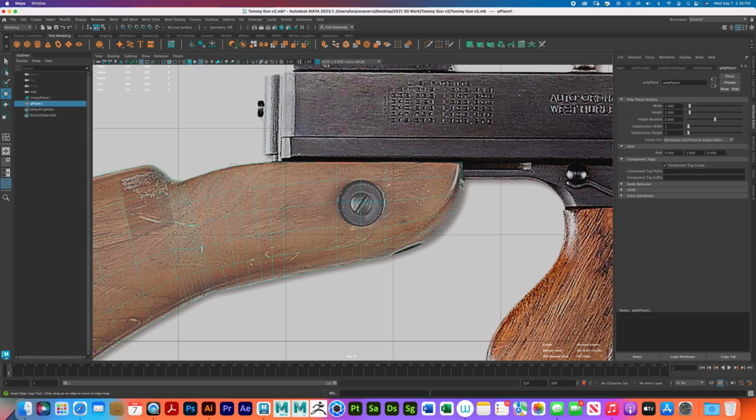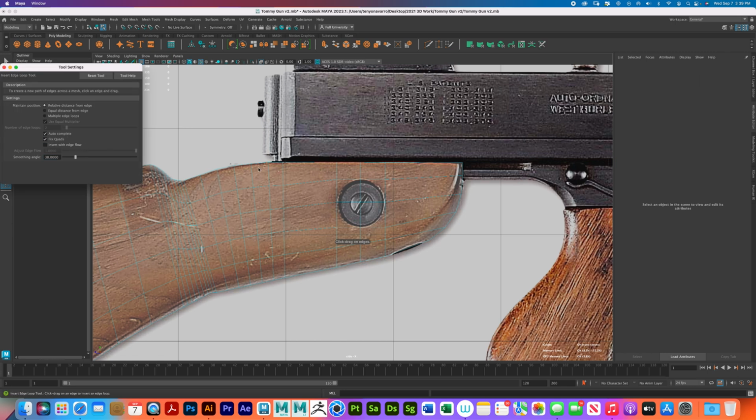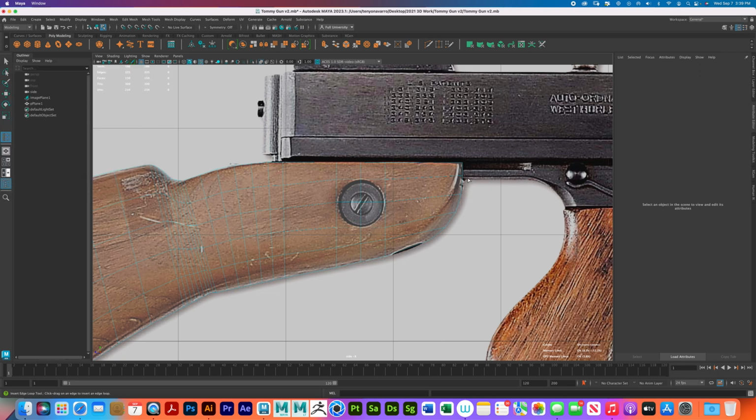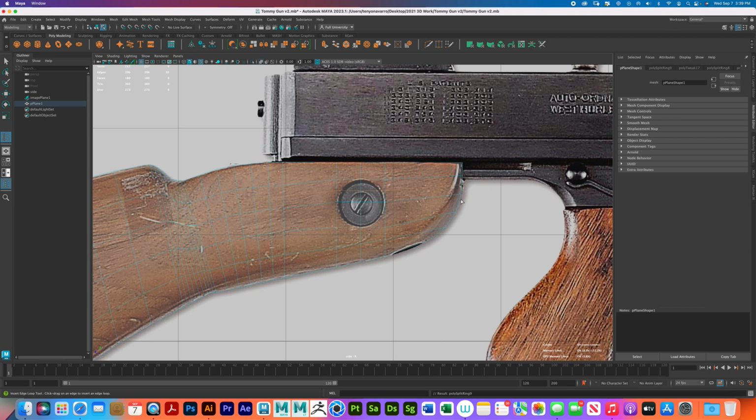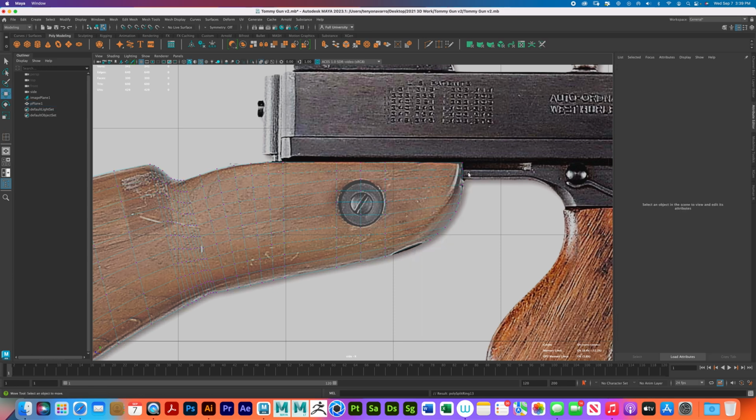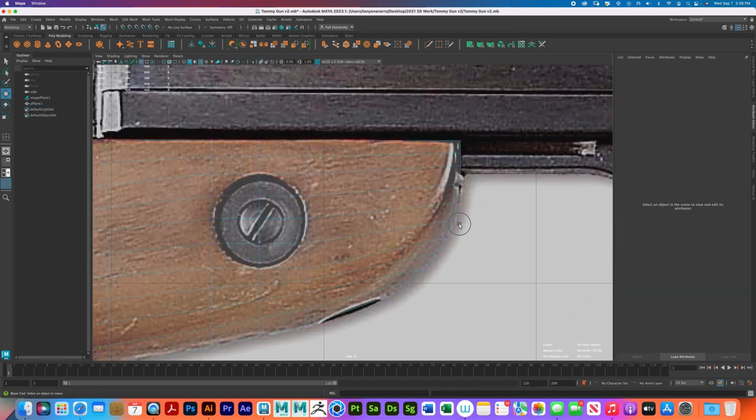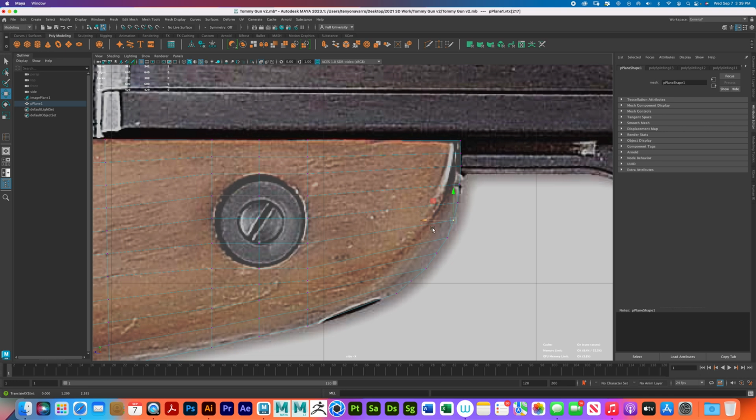So I'm gonna insert a few more edge loops before I do the circle. I'm gonna come to multiple and change the 2 to a 1. Enter. And I want one here, here, here, here, and at the top. Why am I adding these? Because again, if you zoom in and look at this, we don't want